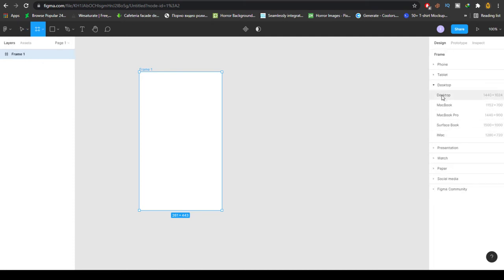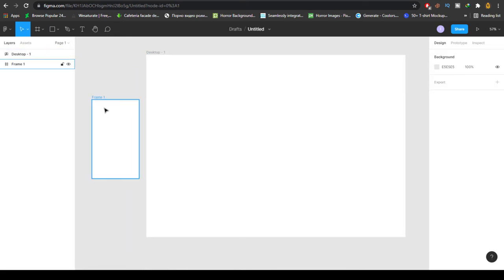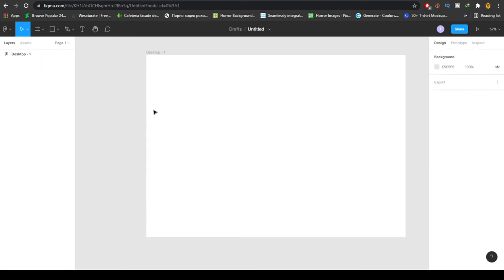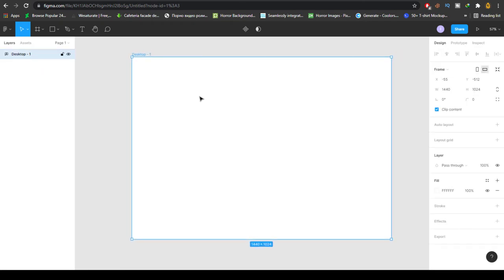These are some standard screen sizes that Figma has provided. It's for iPhone 11 Pro Max, iPhone 11 Pro, iPhone 8 Plus. It's for tablet, it's for desktop. I will click on this desktop. I can delete any frame by selecting it and pressing the delete button. Now this is the desktop frame. We use it for creating web pages, and this is a standard size when a website is open on